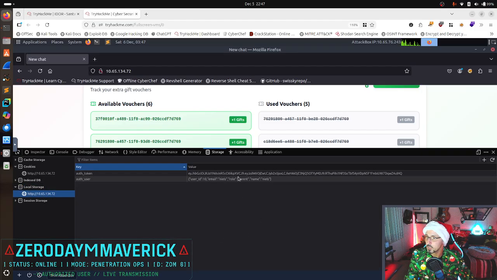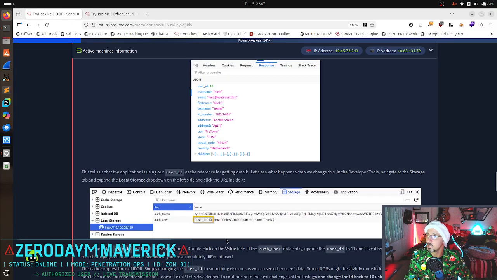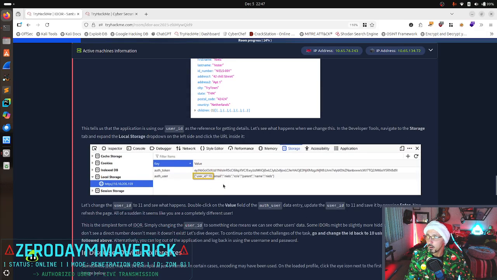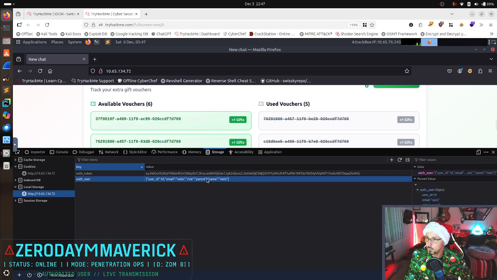Is that right? User ID, Niels. Right? Yep. And look inside it. Let's change the user ID to 11 to see what happens. So, can we do that from in here? Nope. Where is it that they want us to do that from? User auth.